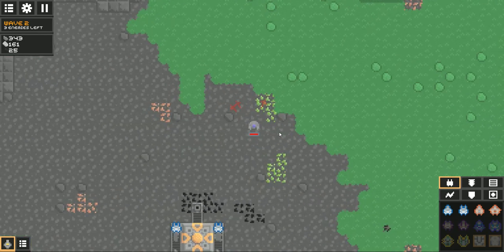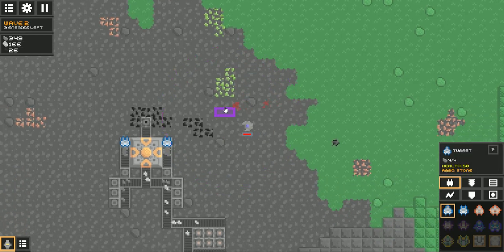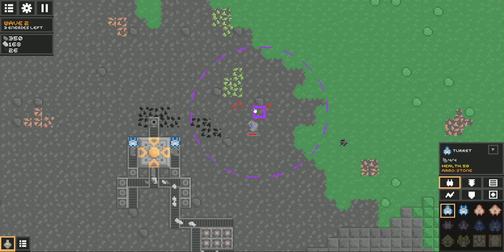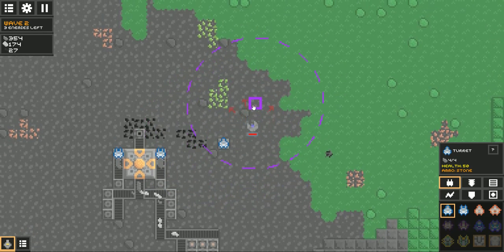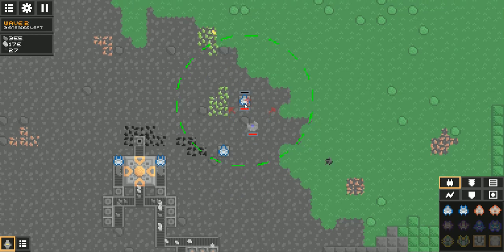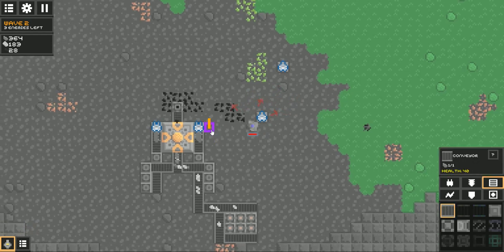Alright, well, this gives me a little bit of time. Let's get maybe more turrets set up. Maybe I'll put one there and there. Now, I think I need to supply it. Let me just see how this works. Let's try...